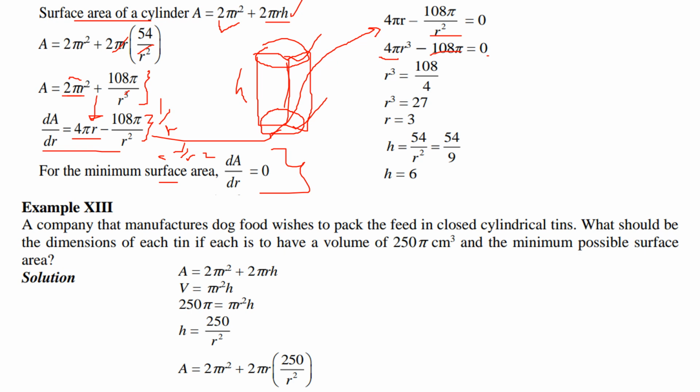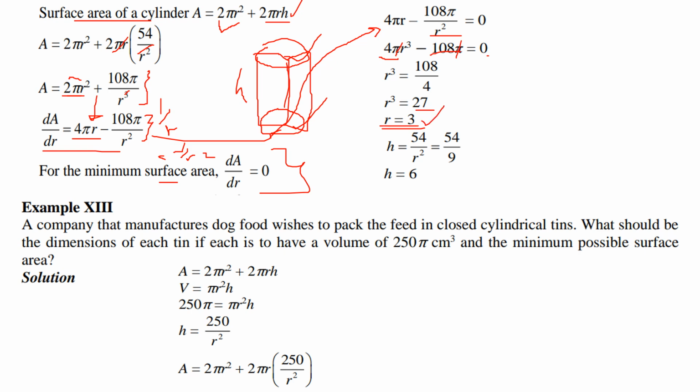And then you make r cubed the subject. So it's going to be 108 divided by 4. Remember that the pi's cancel out each other since they are constants. And when you divide 108 by 4, you're going to get 27. Finding the cube root on both sides, you're going to end up with your value of r